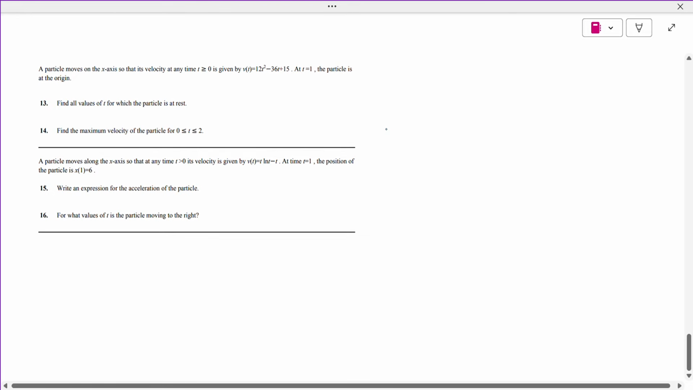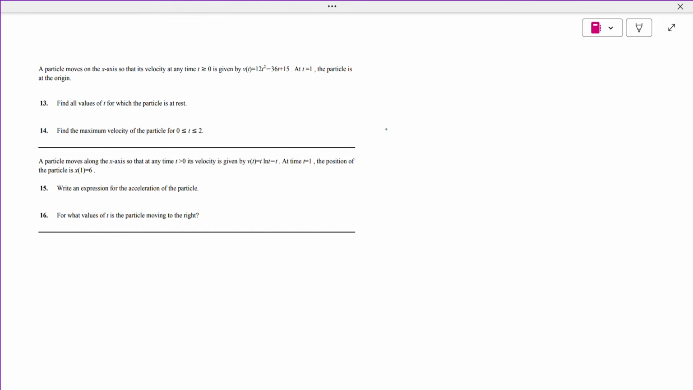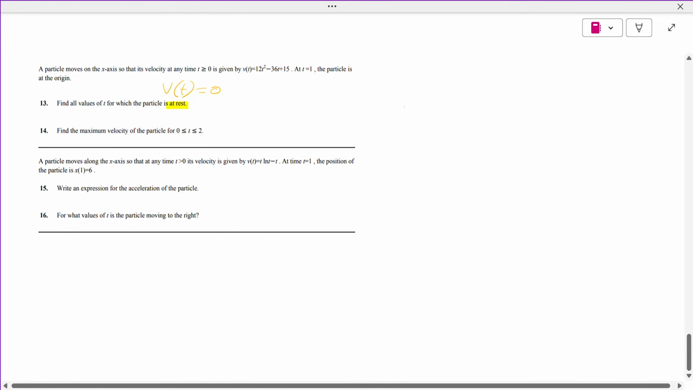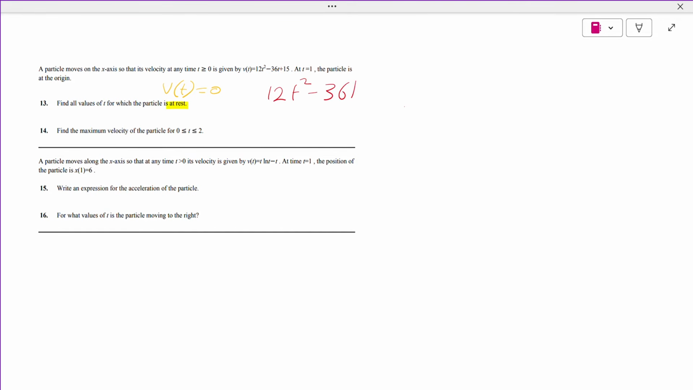Question 13 and 14 for the first text. A particle moves on the x-axis so that the velocity at any time is given by v of t. The particle is at the origin at t equals 1. Find all values of t for which the particle is at rest. Again, at rest it means v of t equals 0. Now, if you set this equal to 0,